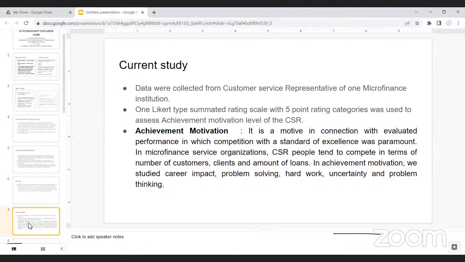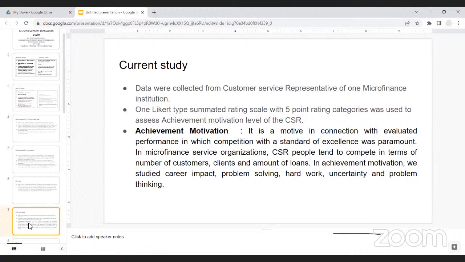Okay. So this is the data on which we are working. This data is based upon the summated rating scale, measuring achievement motivation of the customer service representatives of one microfinance institution. This is the major issue of applied psychometrics, so please follow. When we are designing the questionnaire,